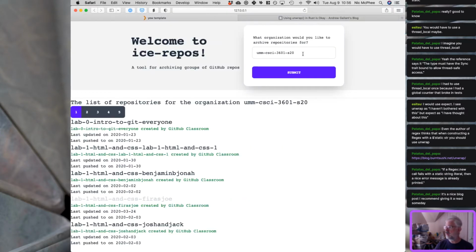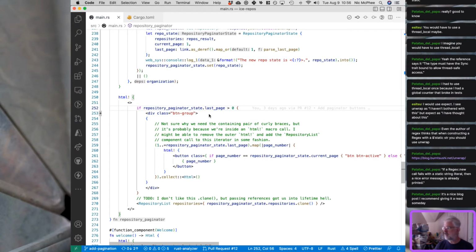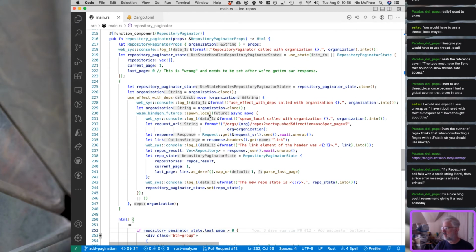because there is no reason to display, like right now, if I put in a repo that only has one page, this repo will have more than one page because I've made the pages very small. If I make the pages a more reasonable length, if we go back to 30,